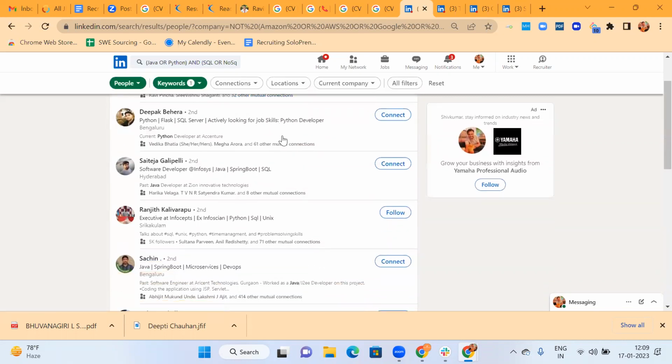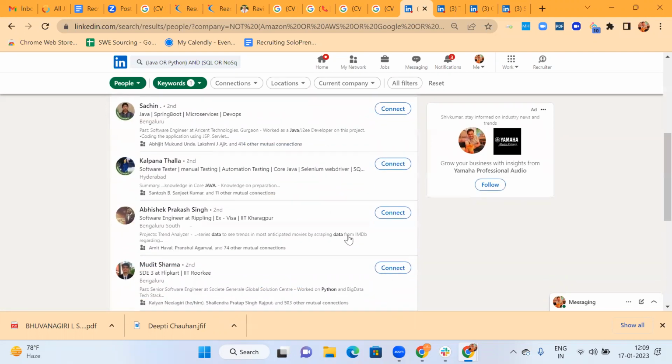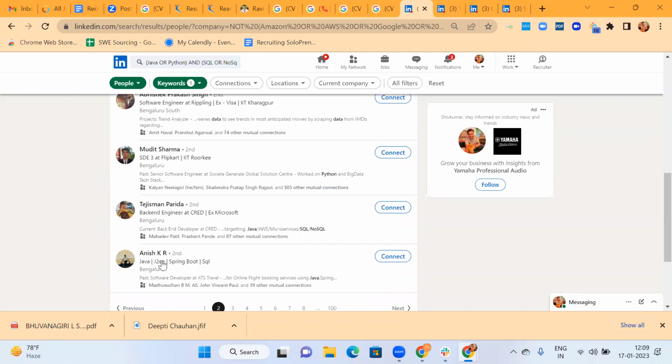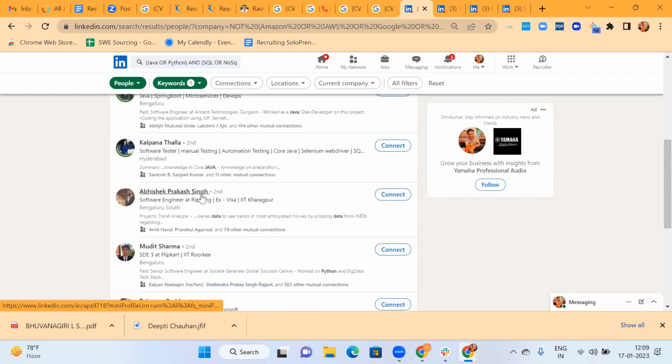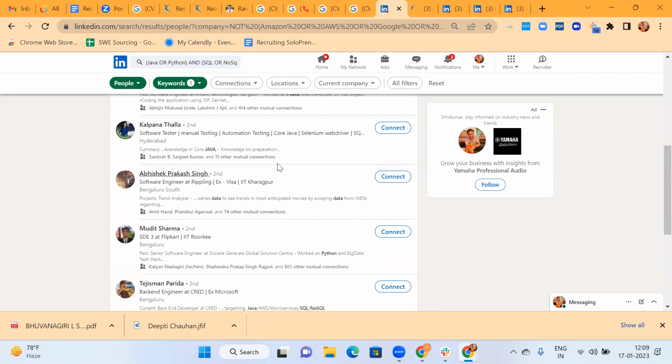Data structure, if it is a single keyword or data hyphen structure, you'll be able to see: scraping data from IMDB, series data to C. That is still coming. That's strange. But let's see these results. Data, big data is still fine. That's a single keyword.